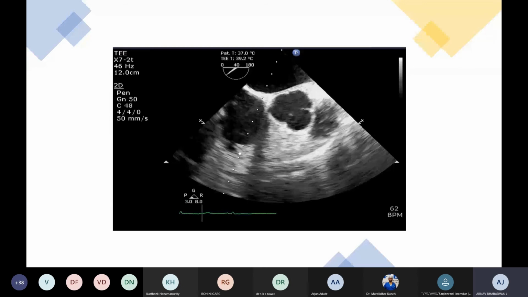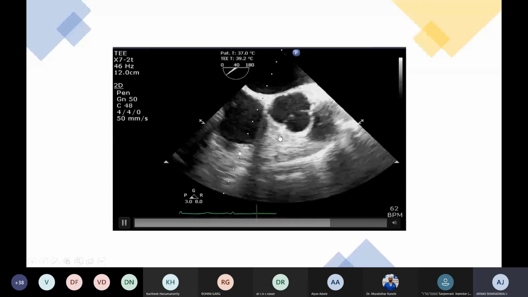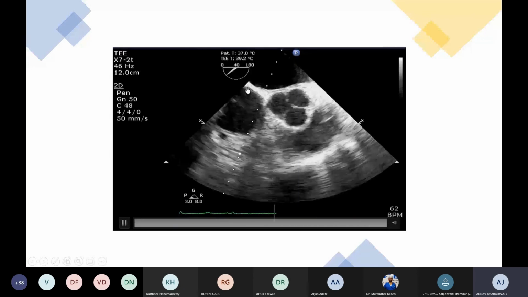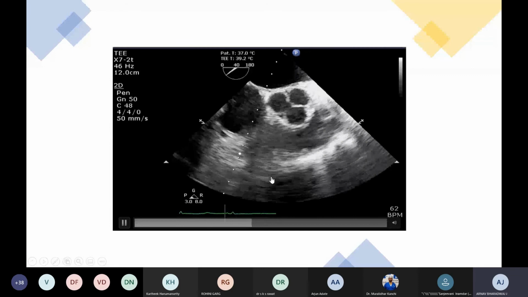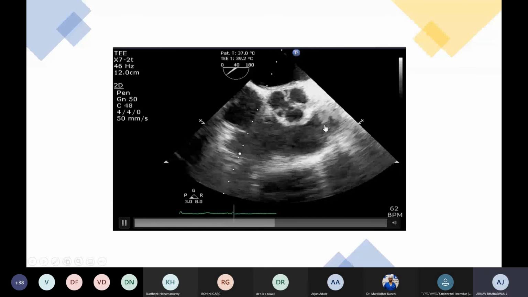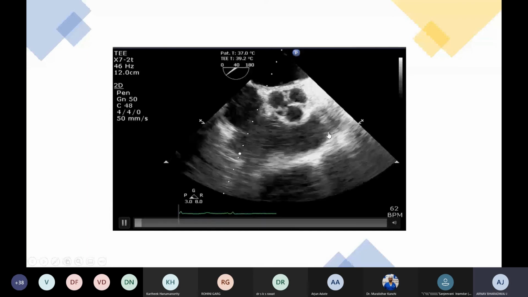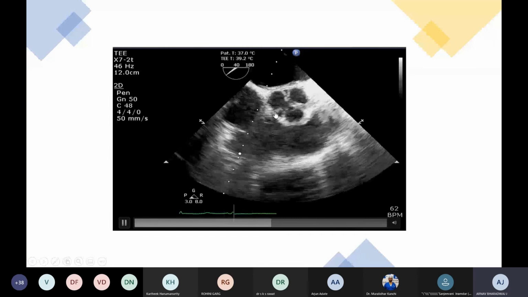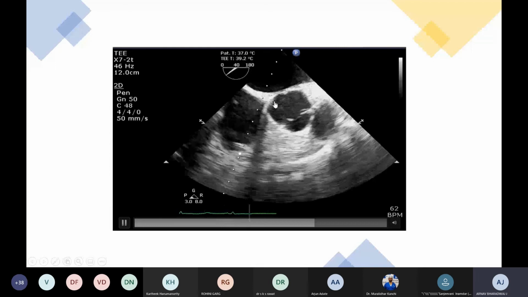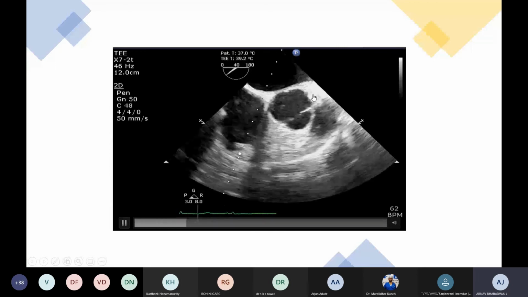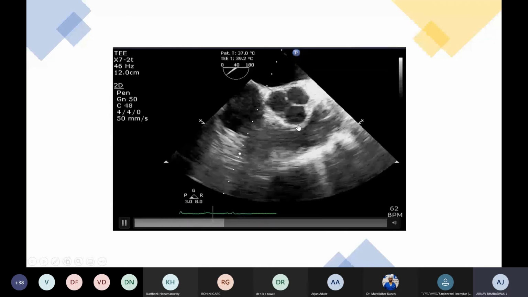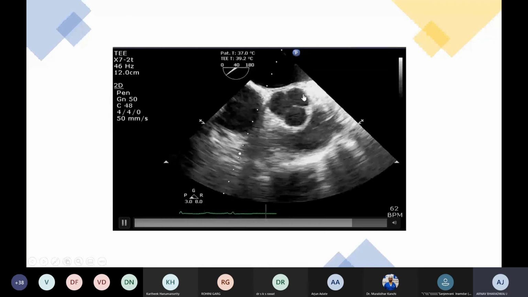So this is the image of the aortic valve in mid-esophageal aortic valve short axis. This structure is LA. This is the interatrial septum. This is the right atrium. This is the tricuspid valve, body of the right ventricle. Here you can see the pulmonary artery, pulmonary valve and pulmonary artery catheter, this white one. Here you can clearly see the three cusps. The cusp which is in relation to the interatrial septum is the non-coronary cusp, and which is far from the field and related to the right ventricle is called the right coronary cusp, and the remaining is the left coronary cusp.